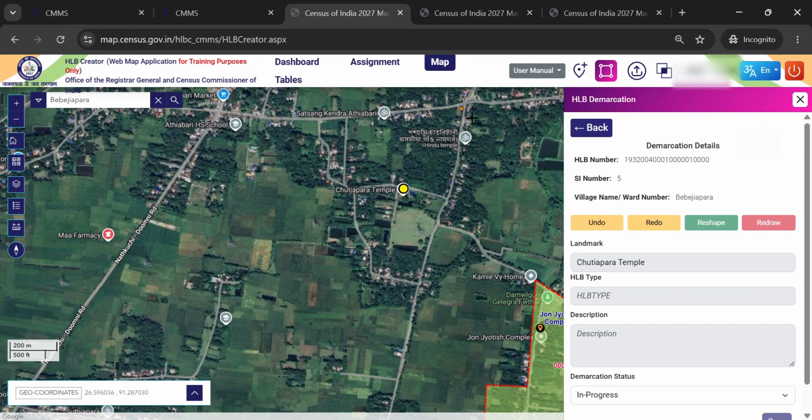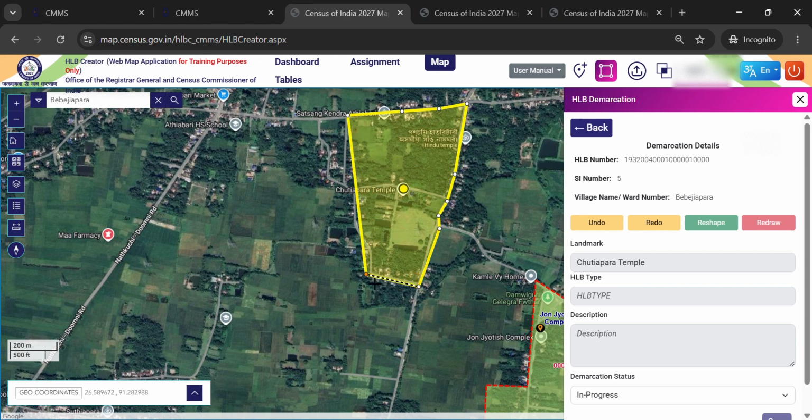In my table work I have planned it like this. I will cut the HLB, right? So now I will start here. First I will click and then drag the cursor, again click and drag the cursor, again click and drag the cursor. We'll go like this. As in table work also, we need to first make sure that we complete our table work of HLBs, and only then will we go with this portal.